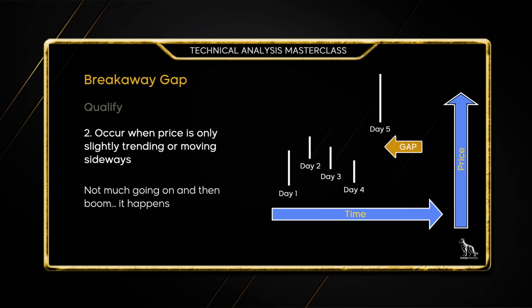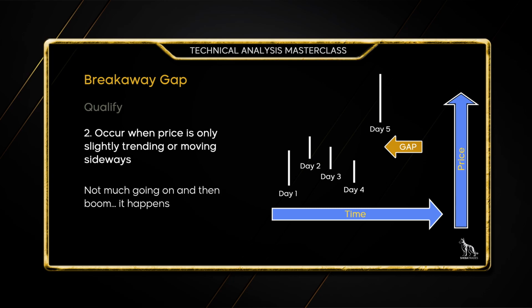But if you look at like here in this example, you could see where prices on day 1 and 2, 3, and 4, they're up and down. There's no significant trend, or it's kind of just moving sideways. And then there's this big leap up. If anything, you might say that between days 2 and 4, there may have been a little bit of a downtrend. And then all of a sudden, it just kind of went boom. There's that big gap upwards to day 5, and something caused that.